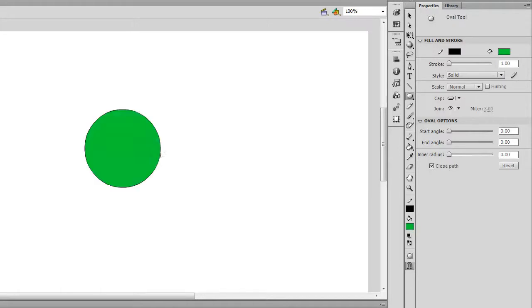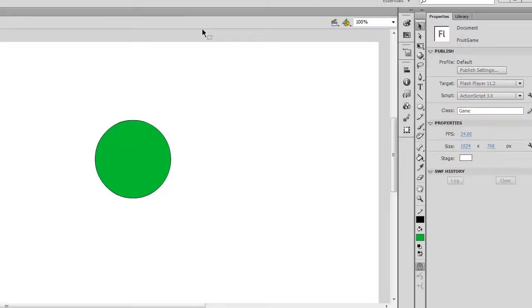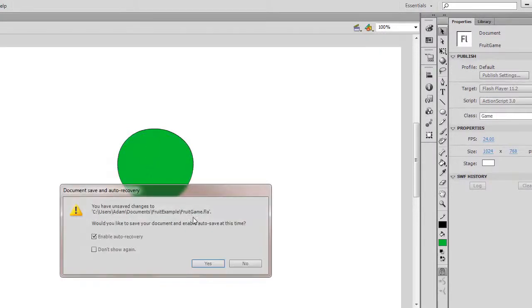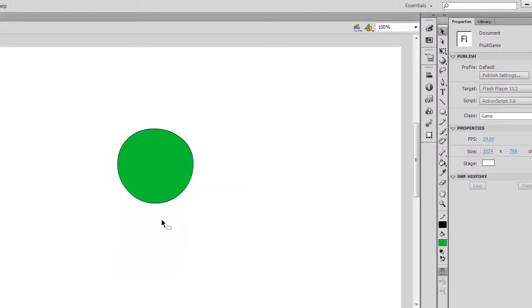And then changing from the shape tool, or the oval tool, to the selection tool, I'm just going to hover over the edge of the outline, and you'll see the cursor changes a little bit. This signifies that if I now click and drag, I will change the shape of, let's just do that, of the fruit. Okay, so ideally